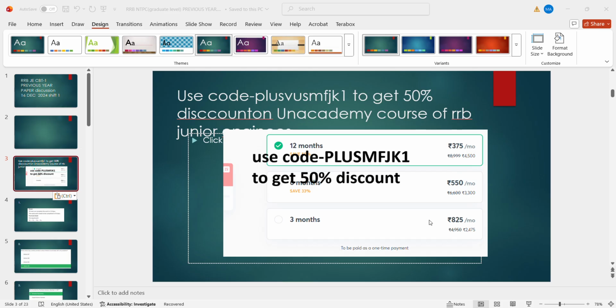Next, question number 14. There is a code that is given, hash equal to kgn. You have to find the